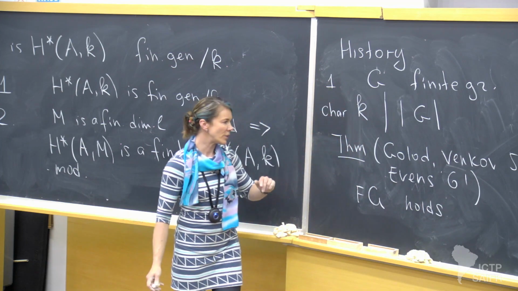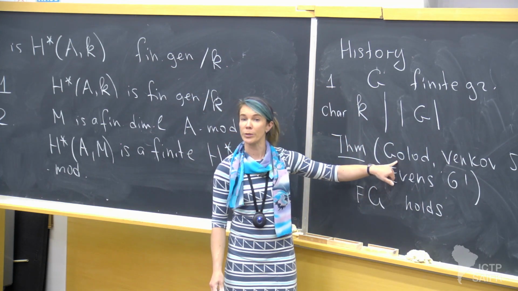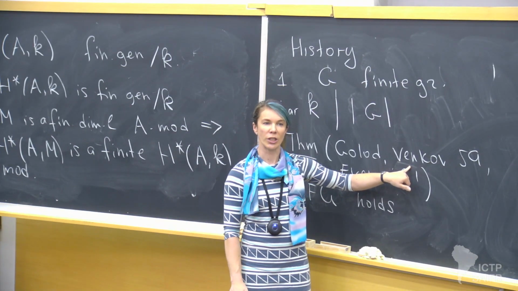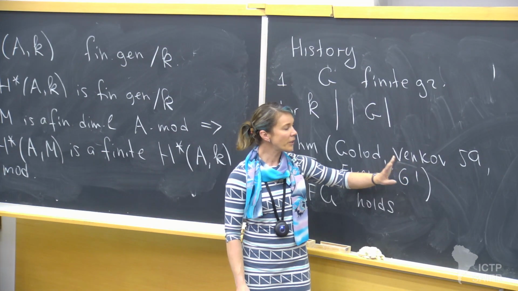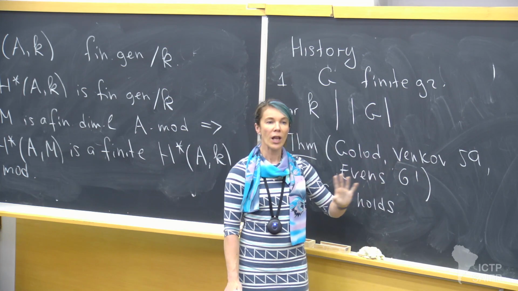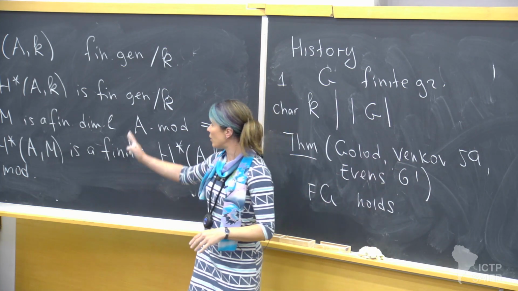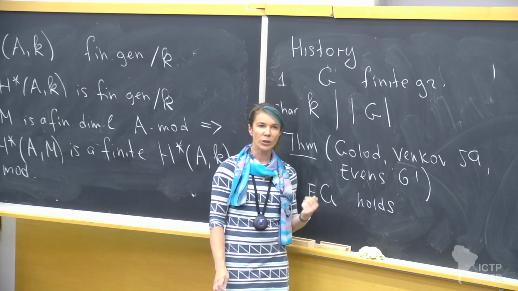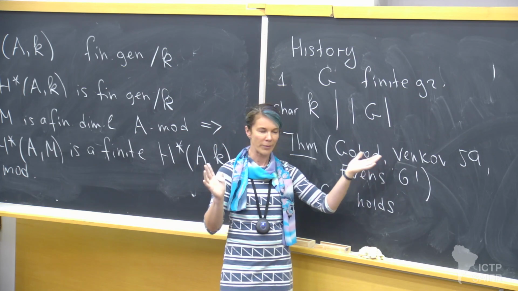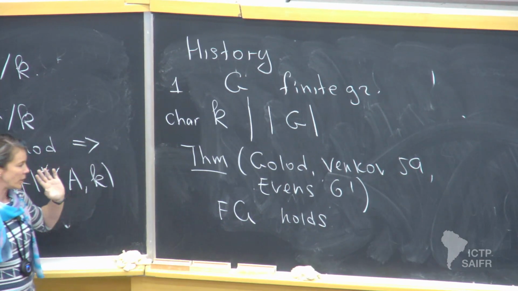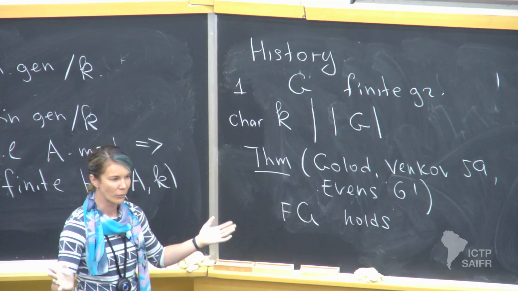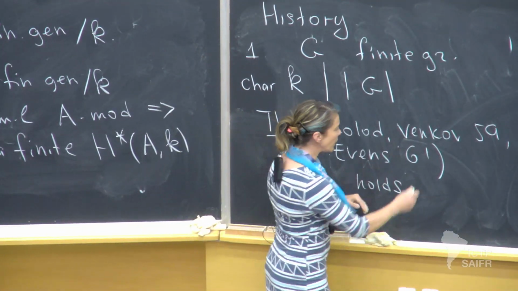But the history is sort of interesting. So Golod proved it for p-groups. Then Venkov proved it for all groups, but he proved it topologically. So it's a beautiful topological proof, but he didn't even worry about modules, and I don't think in his setting it was possible to worry about modules. So he went to classifying spaces and looked at what happens there and put everything in the unitary group, and their cohomology is known, explicitly computed. End of the story. Evens independently was working on that.